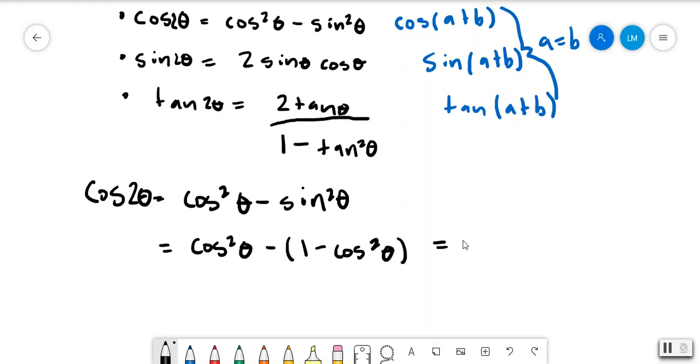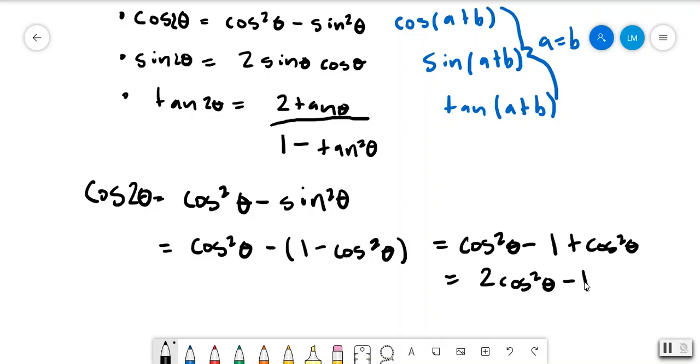But if we go ahead and distribute, we end up with cosine squared theta minus 1 plus cosine squared theta. But this means that that's going to be 2 cosine squared theta minus 1,